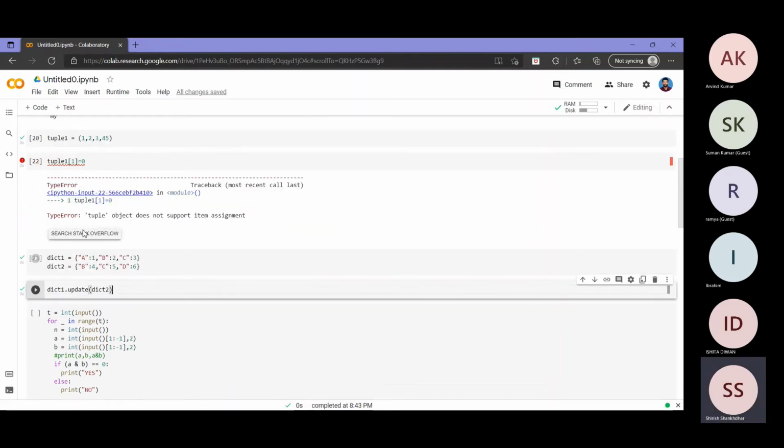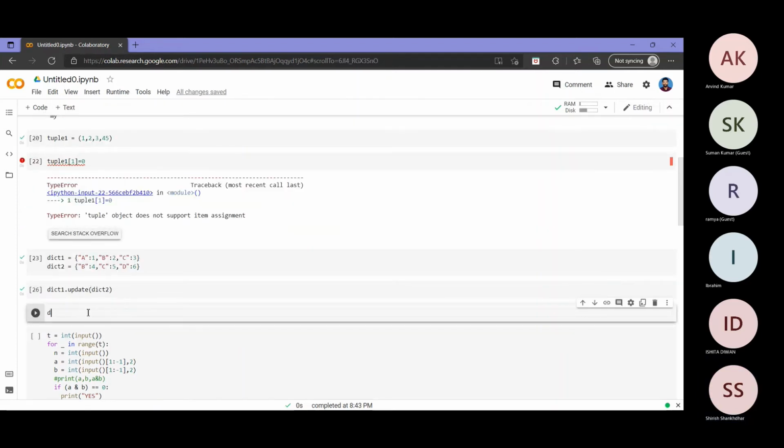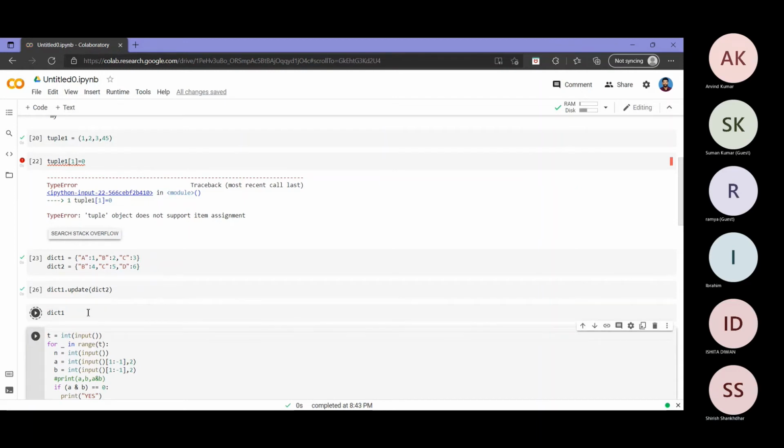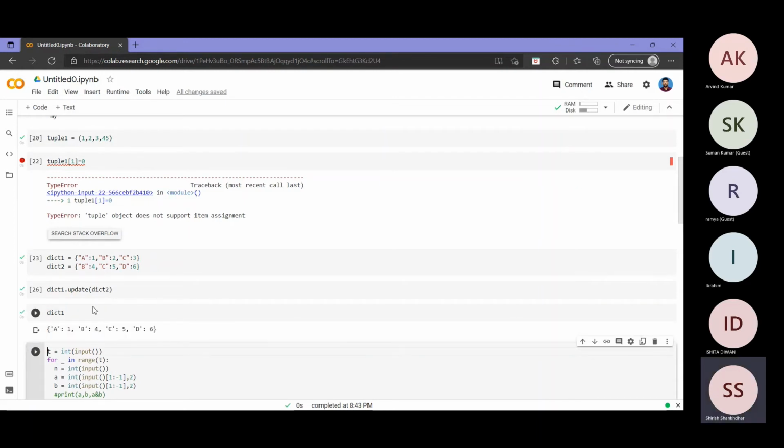And then I will try to print. So then as you can see here, my A got 1, B got 4. So actually my keys got added. But when I updated, as you can see here, B was 2, here B was 4. But finally in the output, I got B as 4. Similarly for C here, 3 was 5, here 5, I got as 5. So here C was only 3 and 5. Similarly, D was only here.